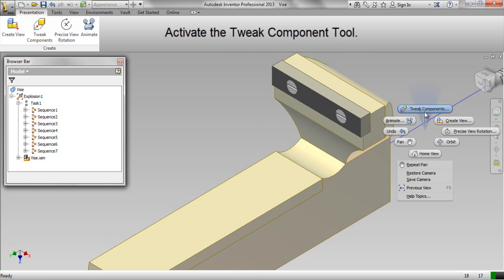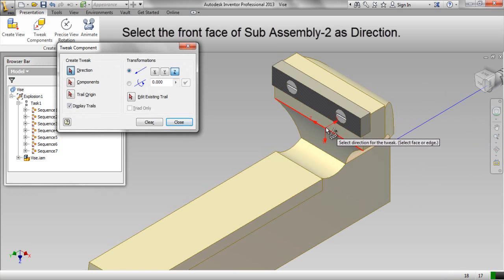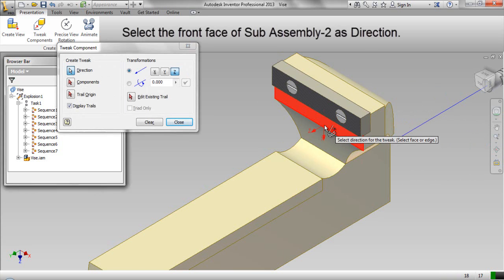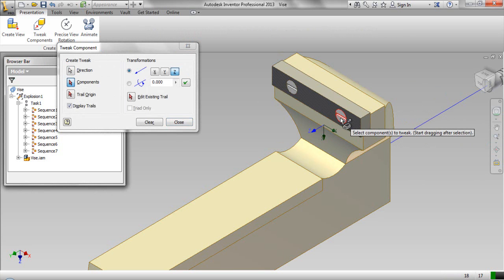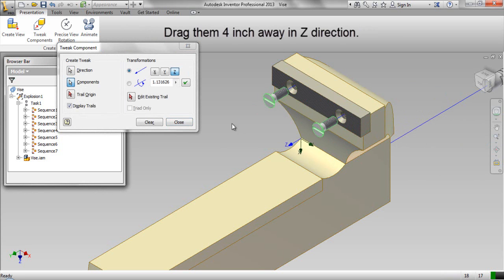Activate the Tweak Component tool. Select the front face of subassembly 2 as direction. Select both the screws as component. Drag them 4 inch away in Z direction.